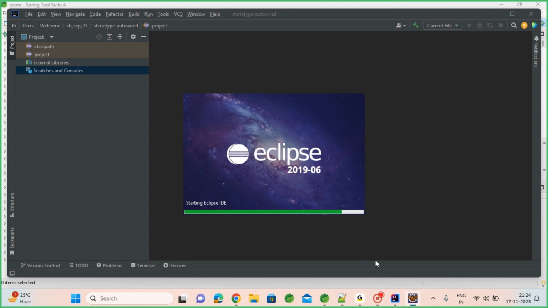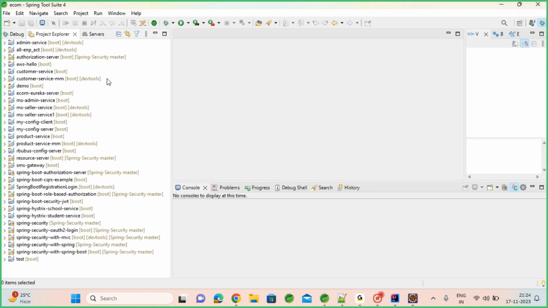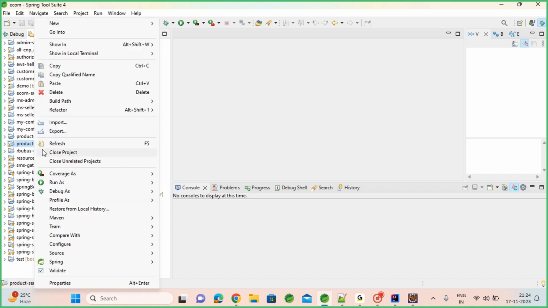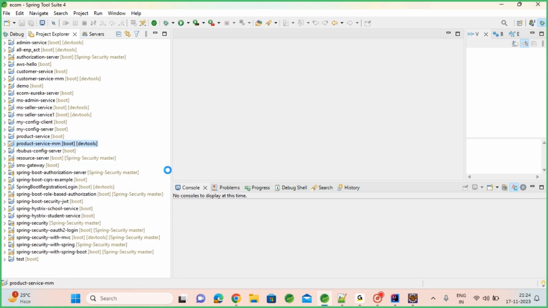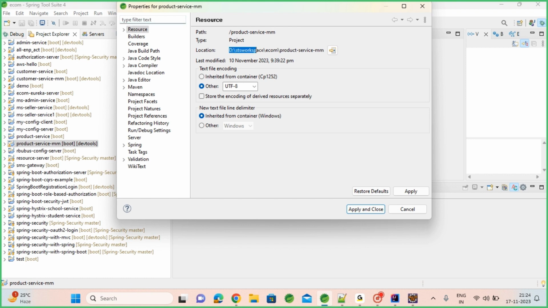We will give Eclipse project or STS project. On Maven project we will import. So far we did product service. Let us import it. STS copy we will import,